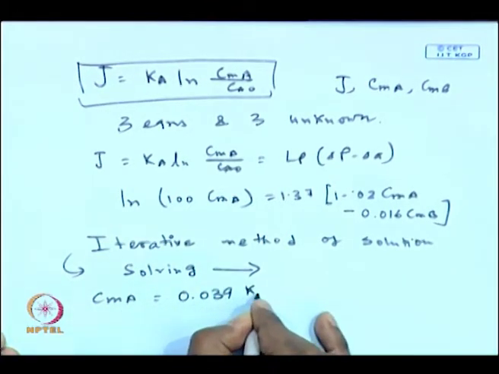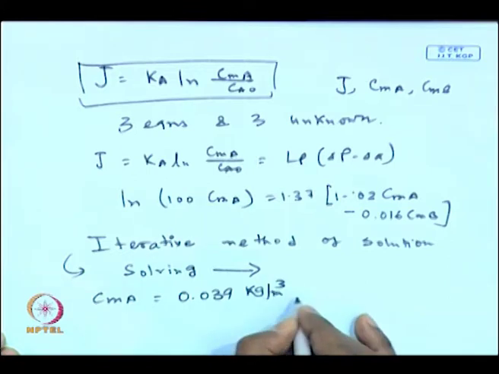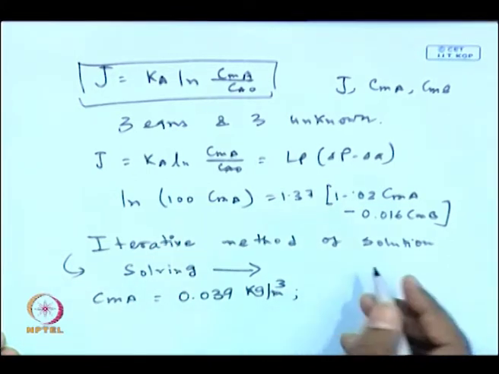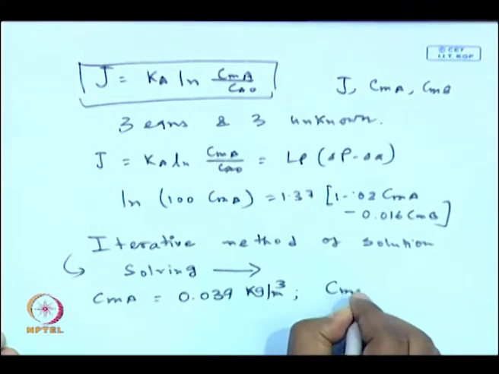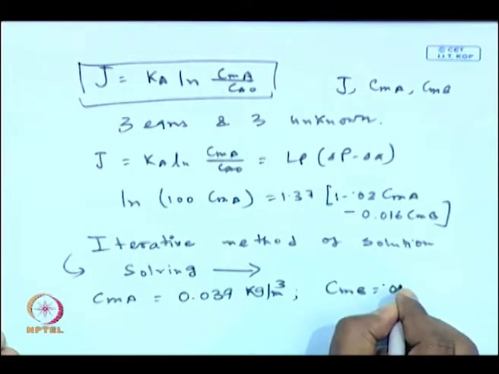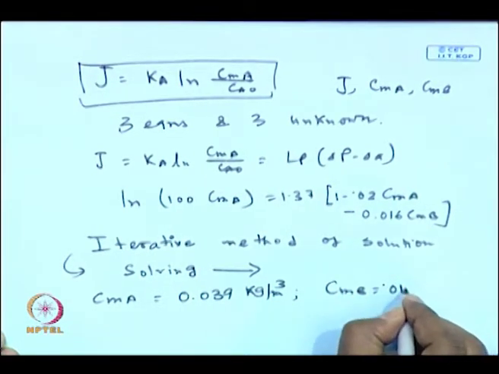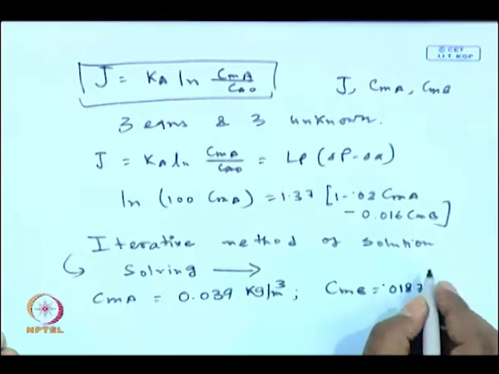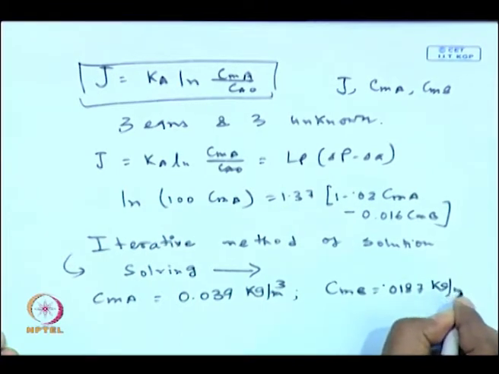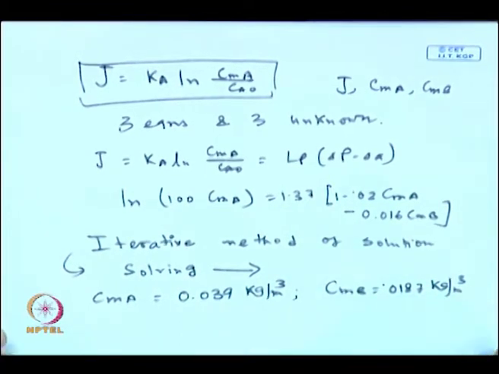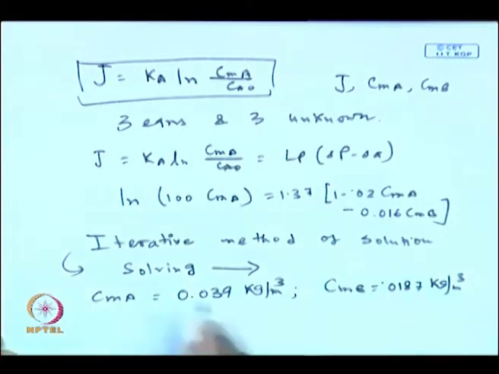0.039 kg per meter cube, and this is 39 ppm. CMB will be 0.0187, 18.7 ppm, kg per meter cube. If you multiply kg per meter cube by 1000, you will be getting milligram per liter or ppm. So, in permeate,